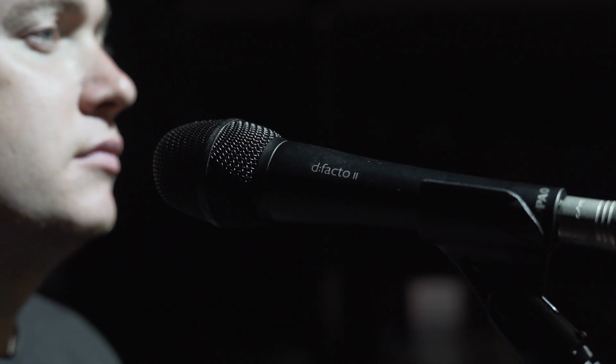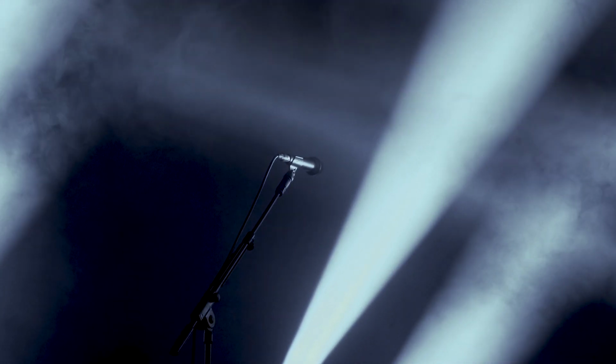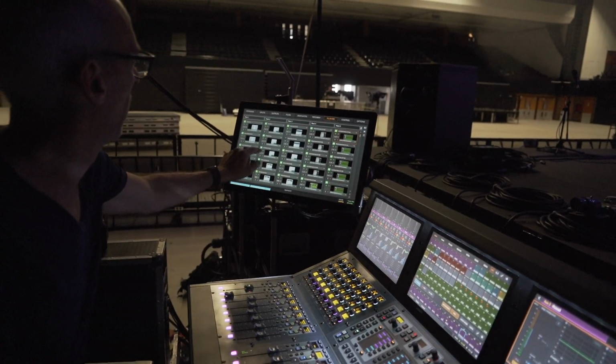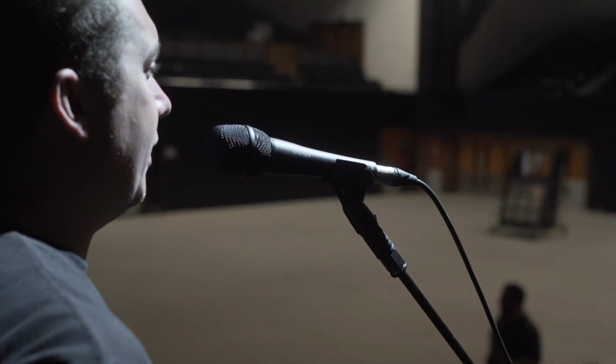The thing that speaks to me more about DPAs and the whole de facto range is the fact that you don't get the phasing off the mic. So if, for instance, a drummer is going around the kit, I don't get the phasing between rack 1 and rack 2 and rack 3, which a lot of other mics cause that problem. So what the drummer hears is far more natural sounding kit compared to the kind of phasing you would hear